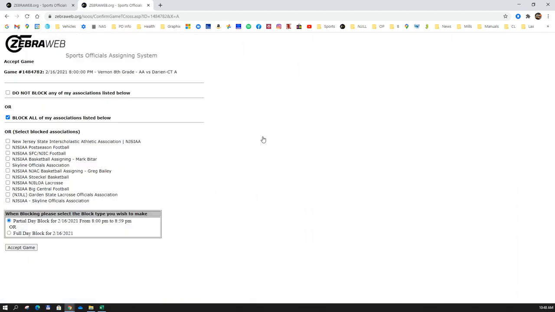Here's where a lot of mistakes get made, and this is where things get a little bit tricky. You have several options here on how to block your game assignment. You can choose to do not block. Now, even if you choose do not block and you're inside an NJISAA portal, the block will be created for other NJISAA portals. For example, if I was part of a football and a soccer NJISAA portal and I had a football game, even if I checked do not block, they would still show as blocked for the soccer